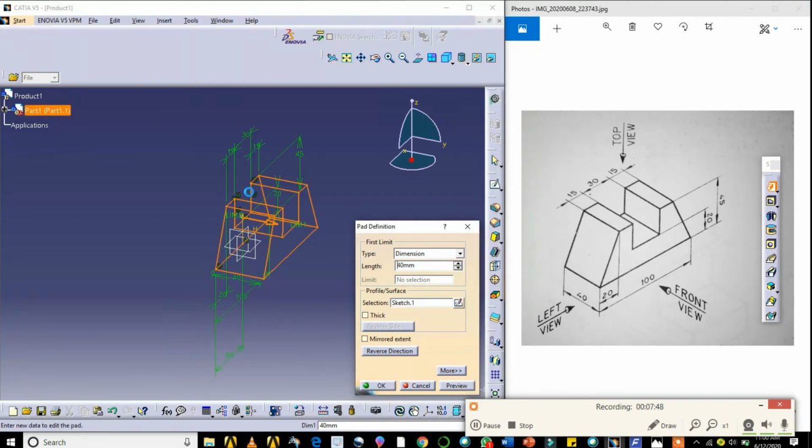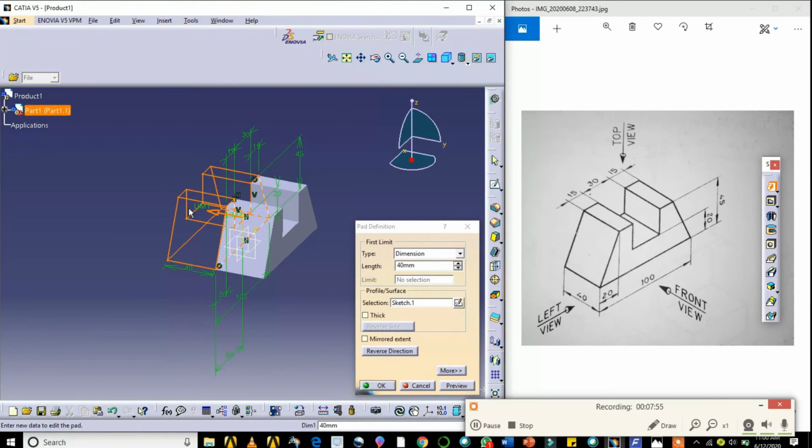You need to select this. So preview this. This is 40 mm. You can change the direction, that is the left view, or you can change the direction of the extrude in this direction. Or if you want to take it from the mid plane, it will be 20 mm this side, 20 mm this side. That also can be done from this command, the mirror command.